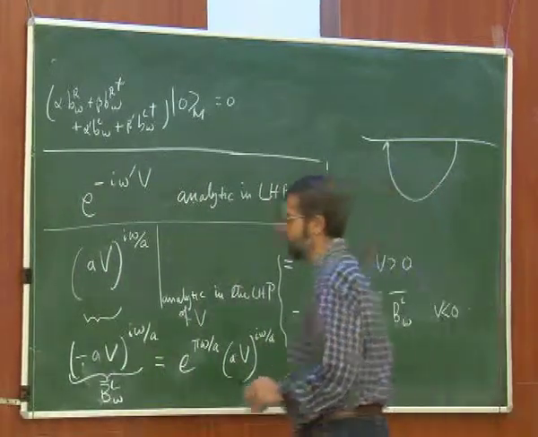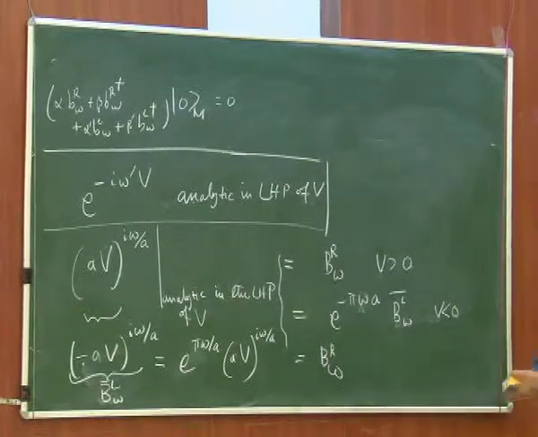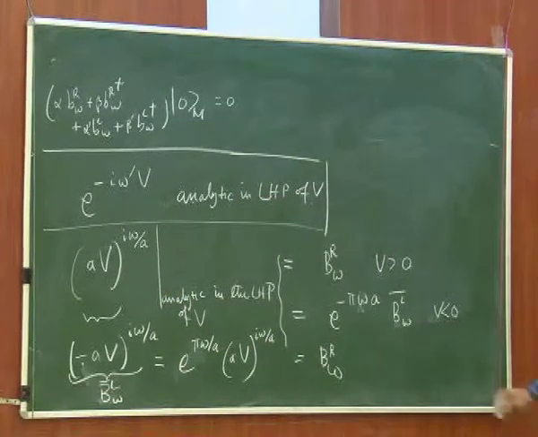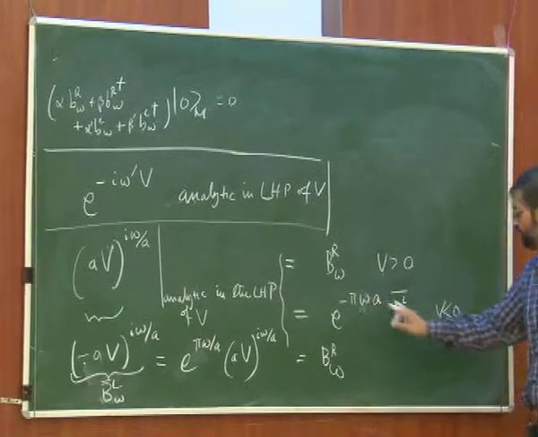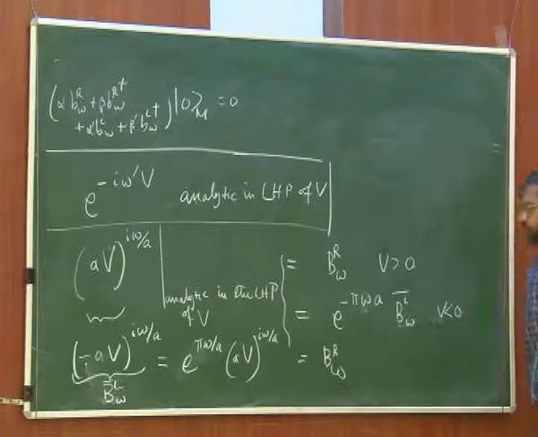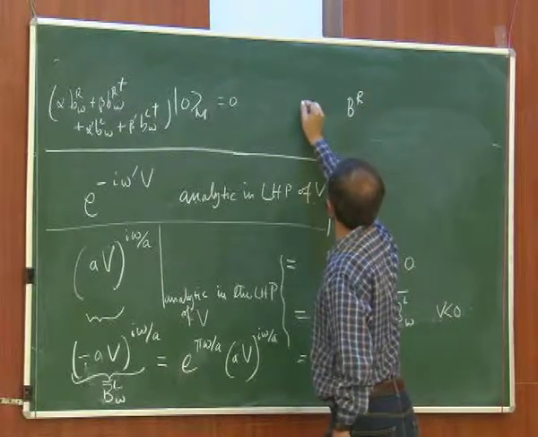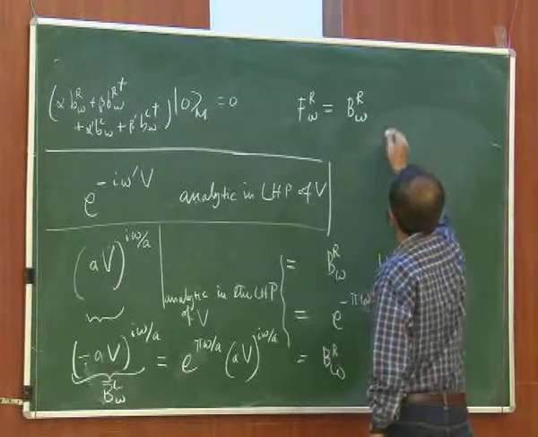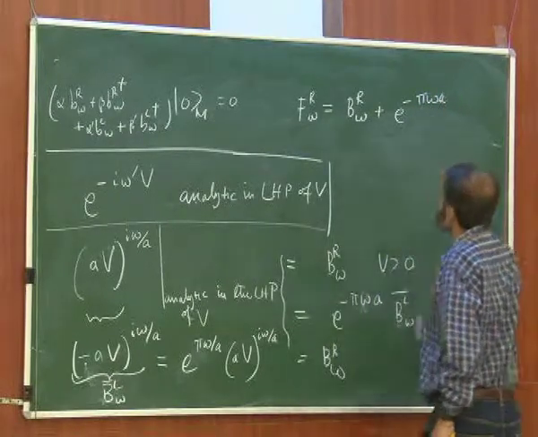I can tell you in the discussion a little bit more about this one, but anyway, that gives you this feature that the analytic continuation of this function AV to the power i omega a is Br omega on the positive V axis and e to the power minus pi omega Bl omega. The relative factor between this and this I have just derived over here. So as a result, I get this new mode which I will call Fr omega, which is Br omega plus e to the power minus pi omega a